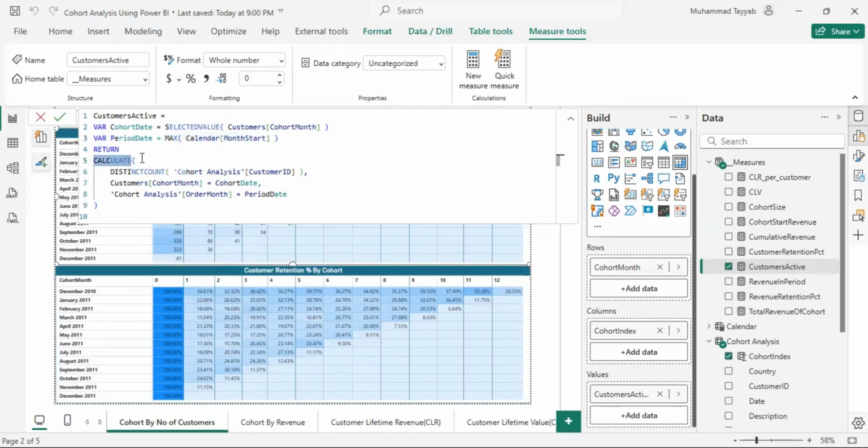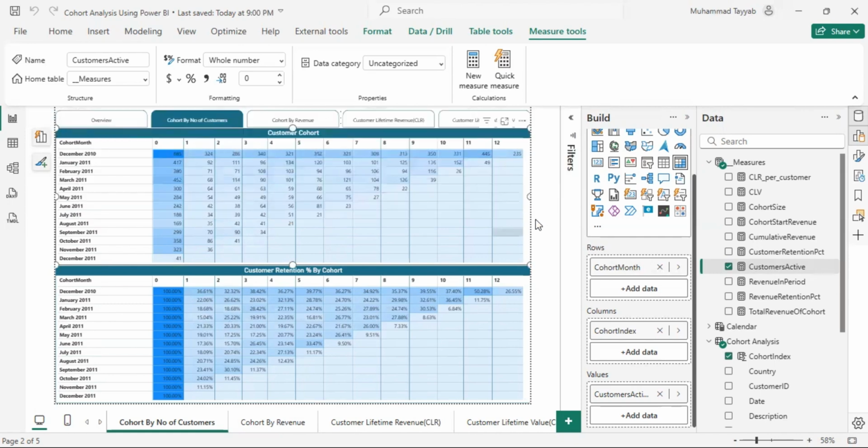And based on that, I'm just adding a calculate function here. Here I'm calculating a distinct count to check the number of customers that we acquired by each cohort. And here I'm applying some filtration: cohort month would be equal to cohort date, and then the order month would be equal to the period date. So this would give me the number of customers that we acquired over different cohort months, and how many of them left in each month, and the overall trend over a period of time. So let's say if we look at the January 2011 cohorts, we had 417 customers at start,